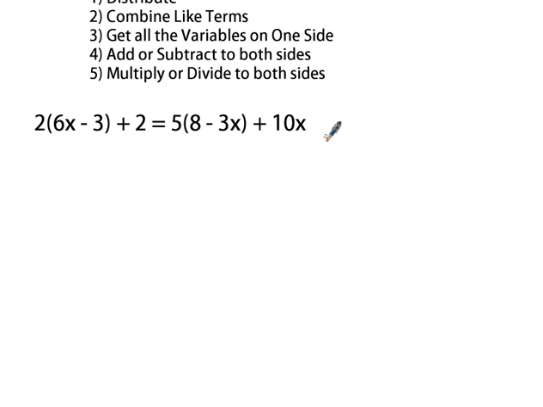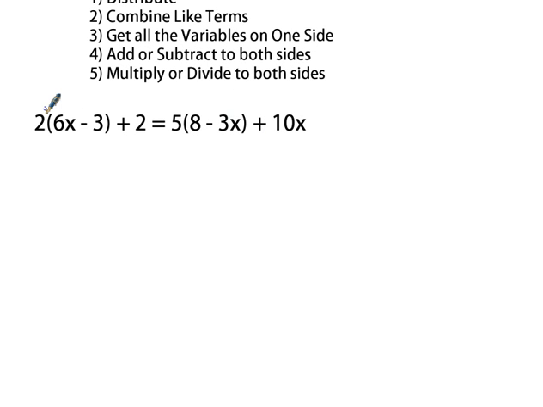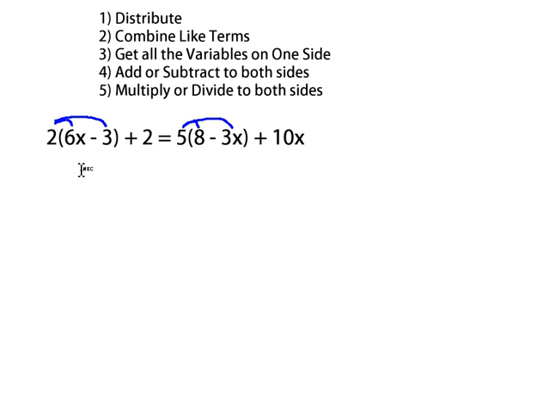I have an equation here that actually looks pretty complicated. But all I'm going to worry about is step 1, which is distribute. I'm going to multiply this 2 times this 6x, this 2 times negative 3, this 5 times 8, and this 5 times negative 3x. So I get here